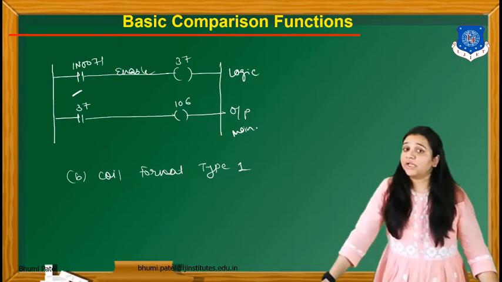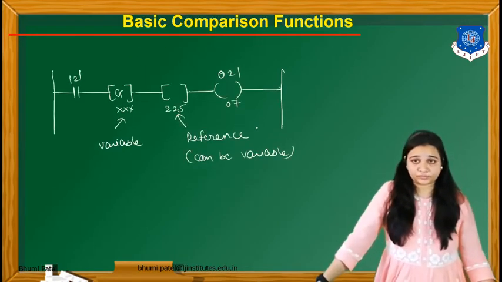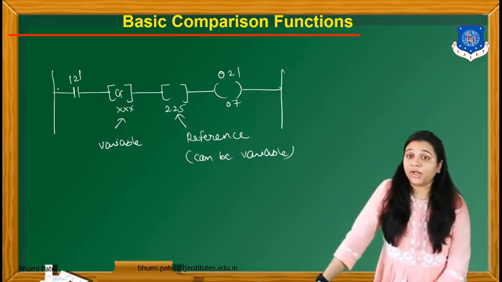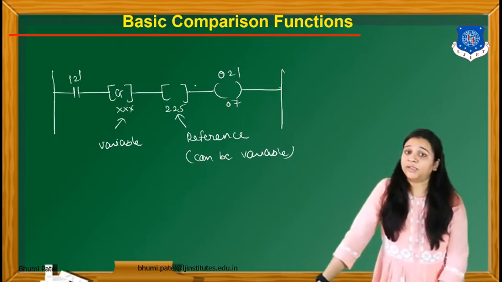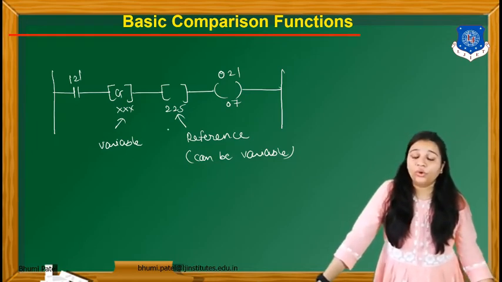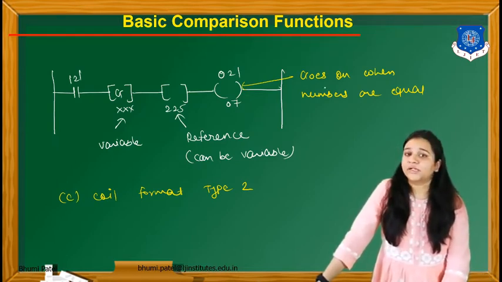This is PLC programming using the basic comparison function. Now the second type is the ladder logic diagram for the PLC function. Here you can see they have given 121 as the input signal, then Z and another variable. The first one is some type of variable, and then there is the reference variable, which we have to compare with. If that is true, the output will be on. So the output goes on when the numbers are equal.